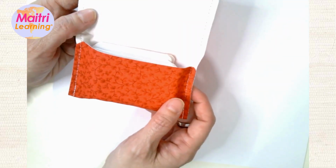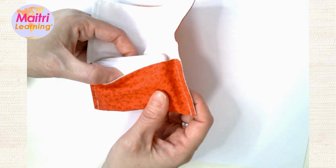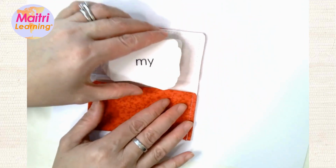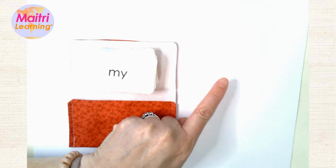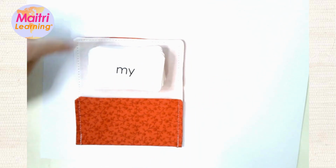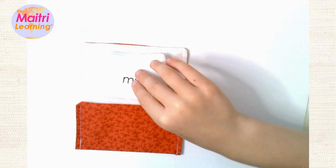And this will help us in something like DIBELS with reading words with fluency. All right, buddy, are you ready? So the words you know, you can put them here. And if you come to a word you don't know, just set it up here for now, okay? Okay. And one